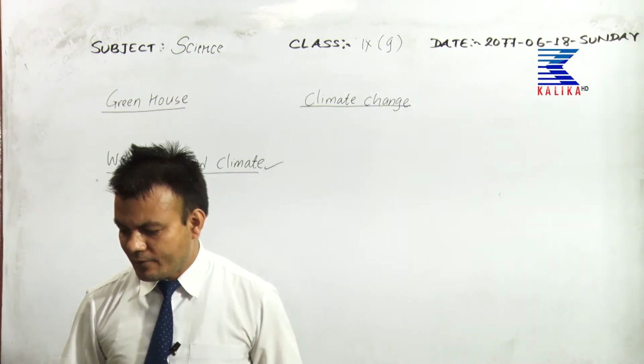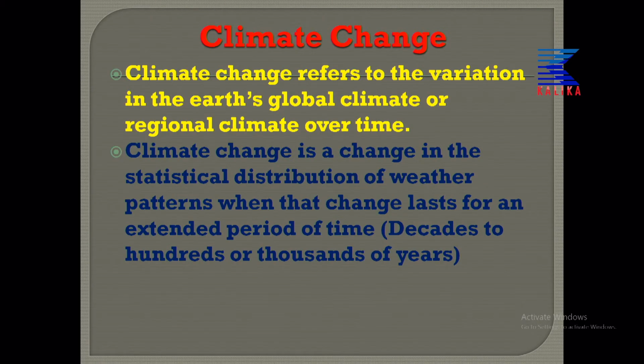Good. So have a look at the screen. Climate change refers to the variation in the Earth's global climate or regional climate over a long period of time. So climate change refers to the variation, meaning change, in the Earth's global climate, or regional climate, meaning the variation or change in the climates of Himalaya, the climate change of Chitwan, or climate change of Nepal, or of Southeast Asia, including Nepal, India, Bangladesh, the climate change of North America or Europe. So that's regional